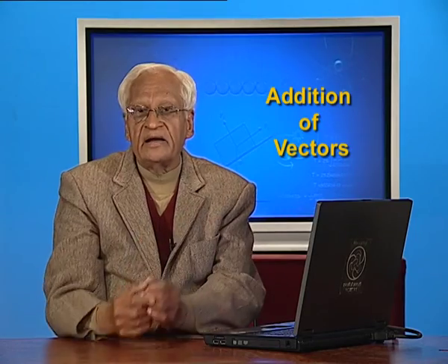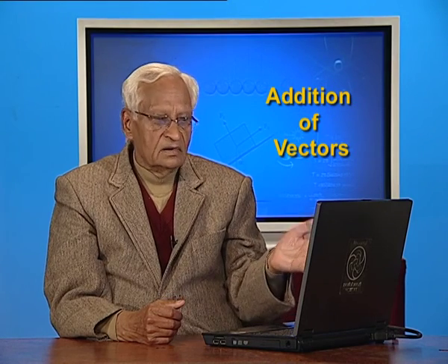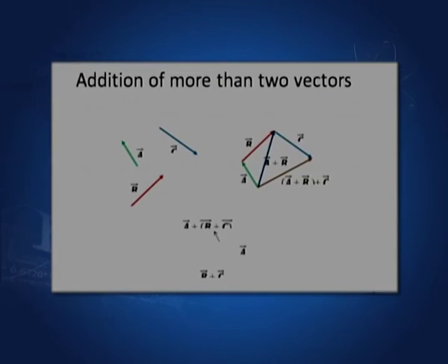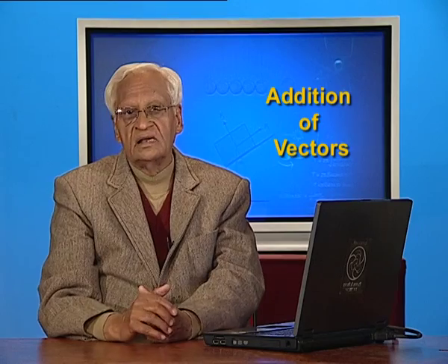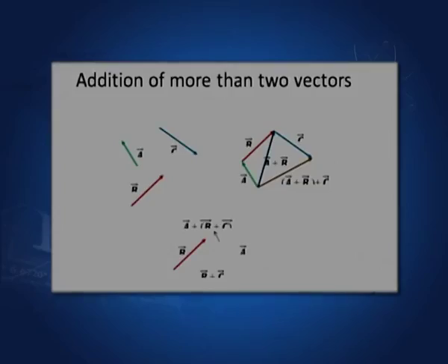I can similarly add more than two vectors. I have taken here three vectors A, B and C, and now I will show you how to add A, B and C. Look at this. This is vector B. I have taken B first. I told you in the last slide that it does not matter whether you take B first or A first. So, I take B